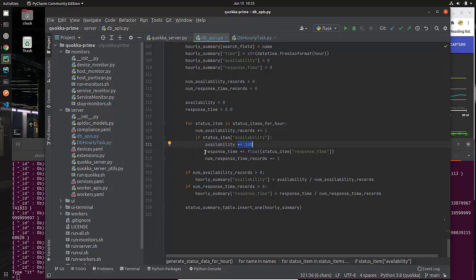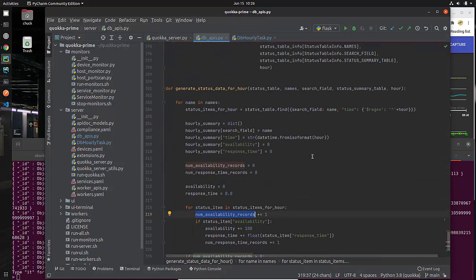But the important thing, or the thing that you could have errors on, and I know I worked on a product that did this back in 2000, a long time ago. This product made millions of dollars, but right before we were going to release, we realized that we were calculating the response time wrong, because we were calculating in a 0 for the few times when availability was unavailable. And so you want to make sure you only add response time appropriately. That's why we keep a separate count of response time records. And availability records, every record is an availability record because it will be true or false. And this is the calculation that we do.